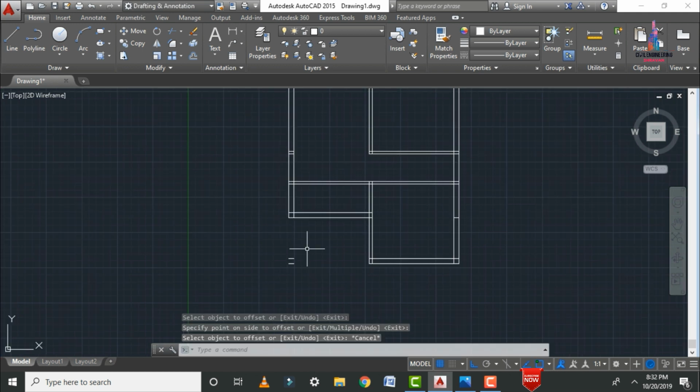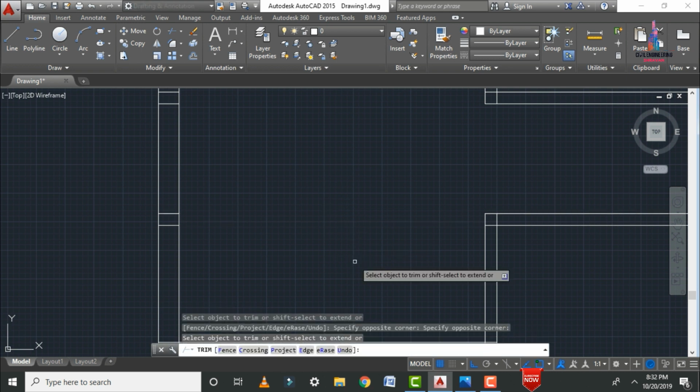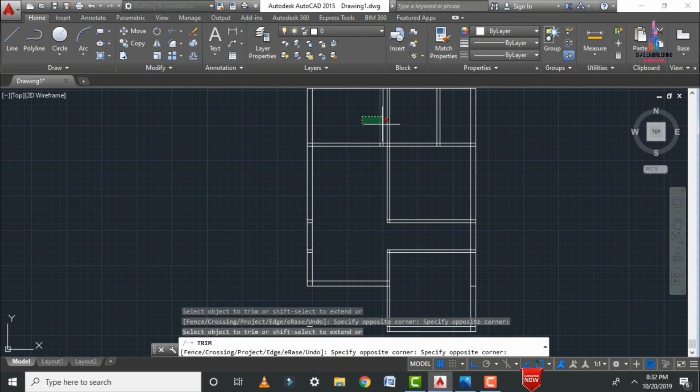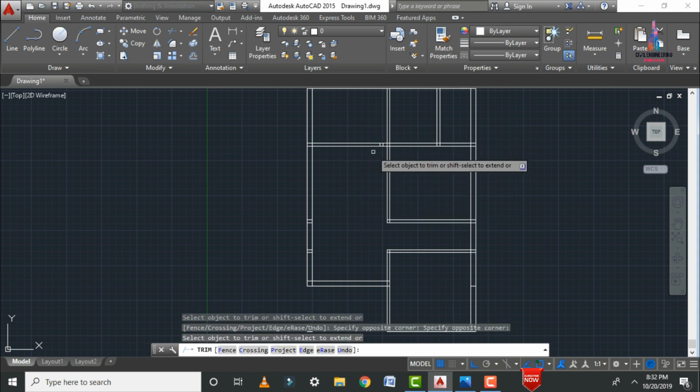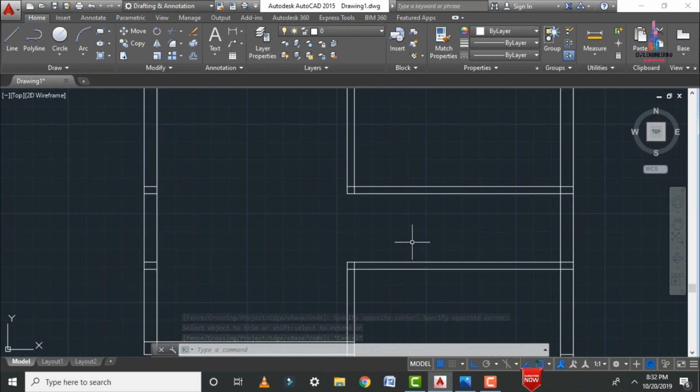Let us consider here. Okay, so again we have to trim the excess portion which is related to all the room sections. Basically we will remove this, and again we will remove this respected portion. Now we can see the rooms are drawn here like this, for this respected section which comes under the bedroom, and this is the washroom. Basically we will apply the offset for this respected washroom also.